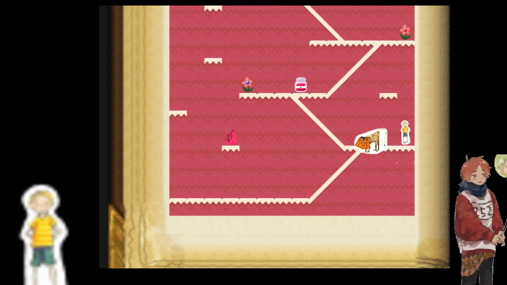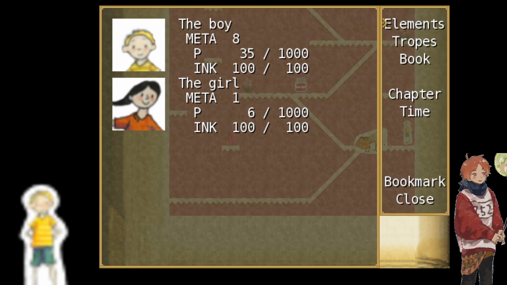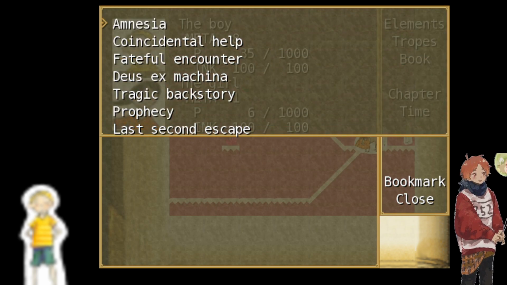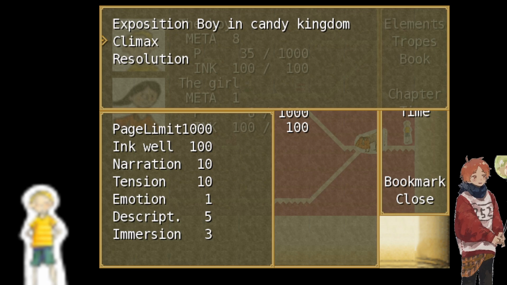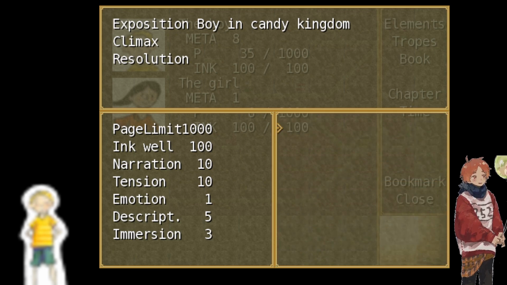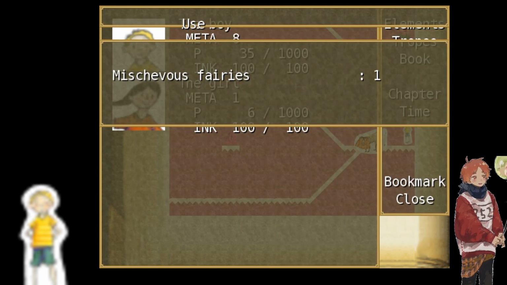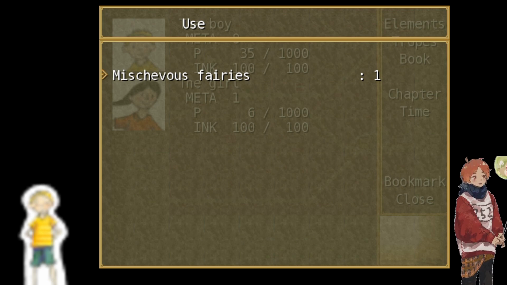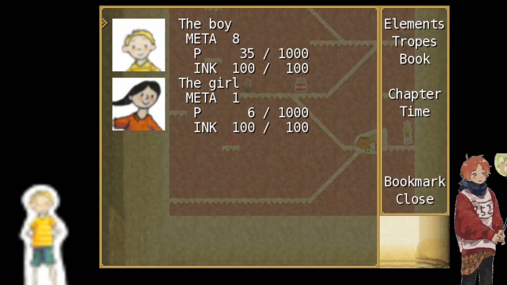So we've arrived at another environment, and I can't go back. But I want the boy to, oh, the boy. I want you, AI, to listen when I read. So, oh, we didn't try the mischievous fairies. That's true.